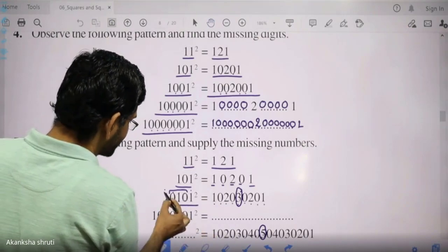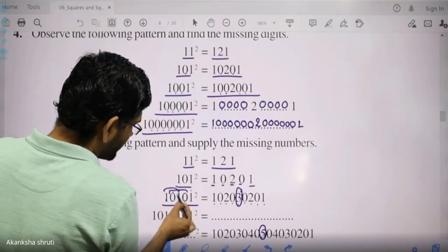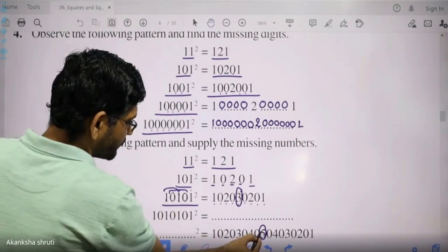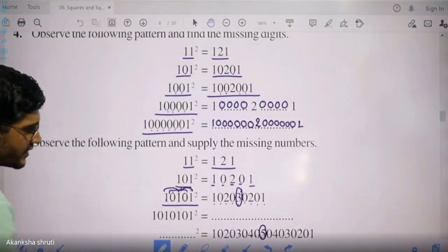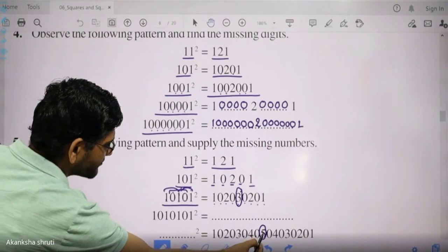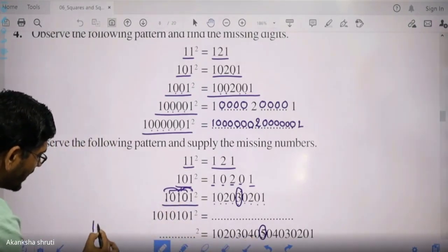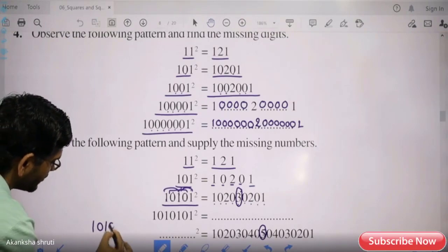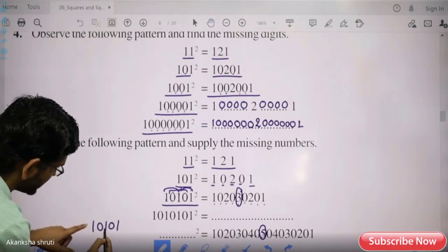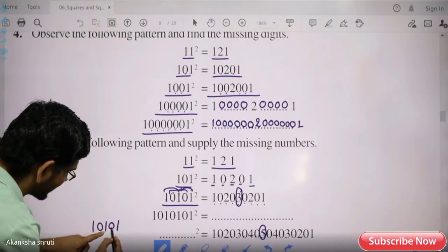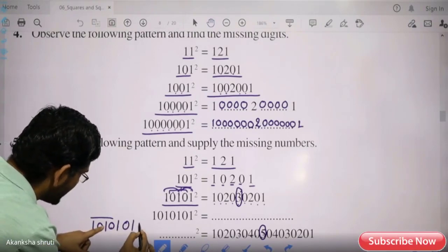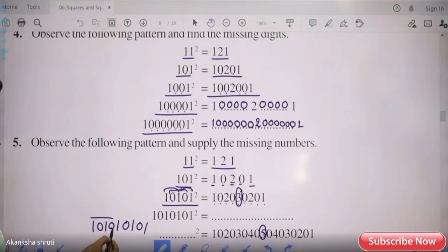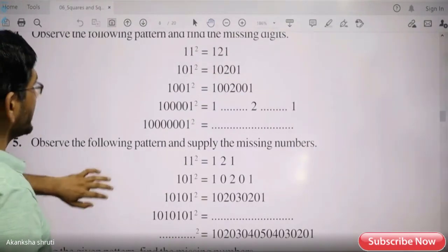Here we can even start from this first. This 1 is at third. So the 1 should be at the fifth, or even we can start from this end. It is still at the third. So the fifth 1 will be in the middle. So write it 1, 0, 1, 0, 1. How many? 1, 2, 3, 4, 5. This is enough. Just go back. Meaning after this one, again we have to write this much only. 0, 1, 0, 1. So that we are getting that this 1 is at the fifth position. This way we have finished our exercise.